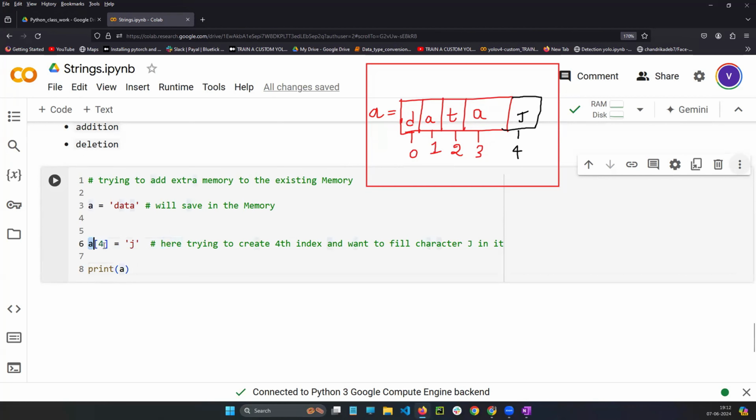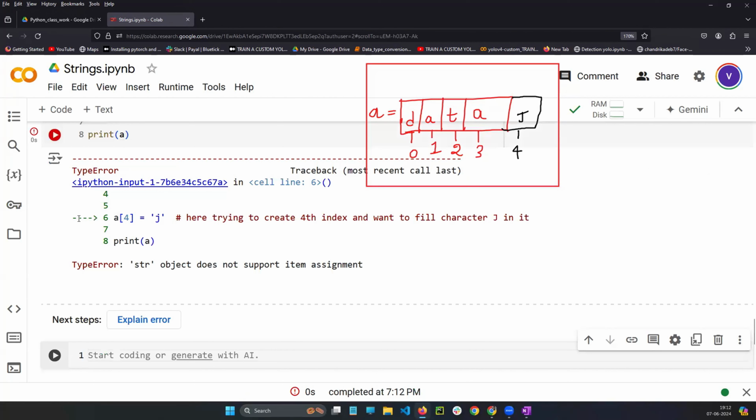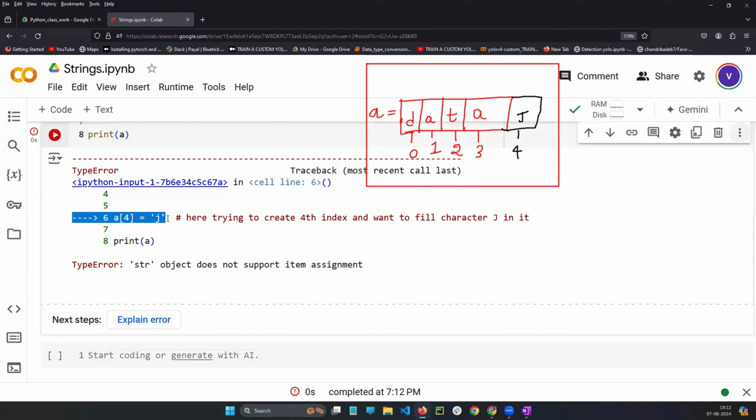But if you get an error in this place, what does it mean? In this line only the compiler stops. It won't go to the next line. So let's try. Already indexes 0, 1, 2, 3 are there. Can we create a new index and fill a value into that in the second line? Let's see. If I run the cell,